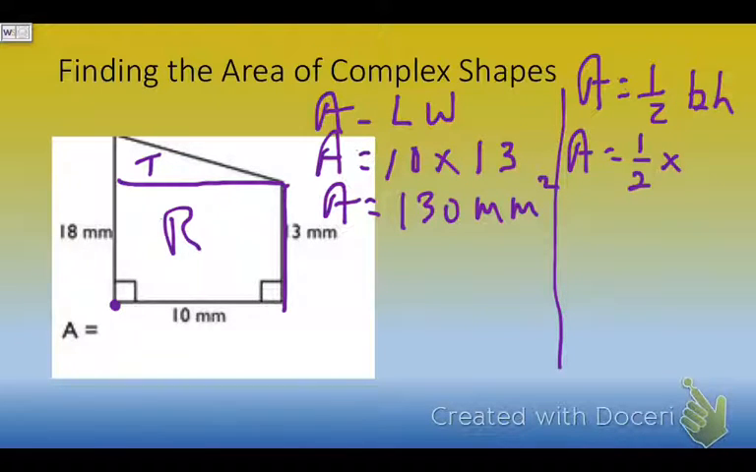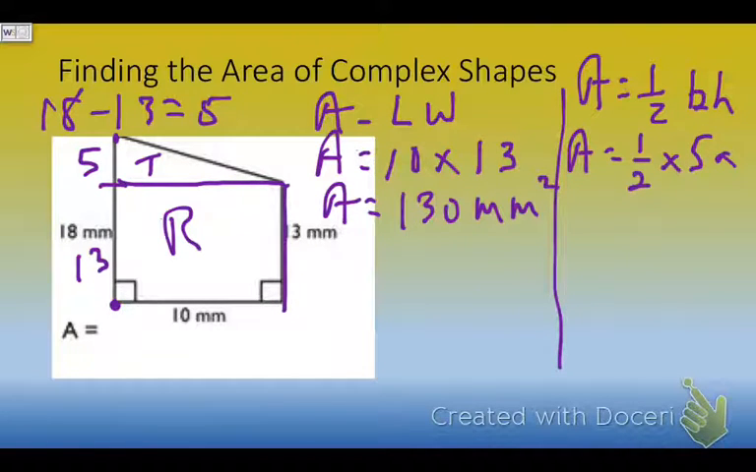Well, from this point to this point, it's 18 millimeters. But remember, this side right here, from here to here, is 13. So the difference between 18 and 13 is 5. And so this is my base, 5. So I'm going to take 5 times, and my height is the same as this side, 10. So I'm going to take 5 times 10, and I know that 5 times 10 is 50, and 1/2 of 50 is 25 millimeters